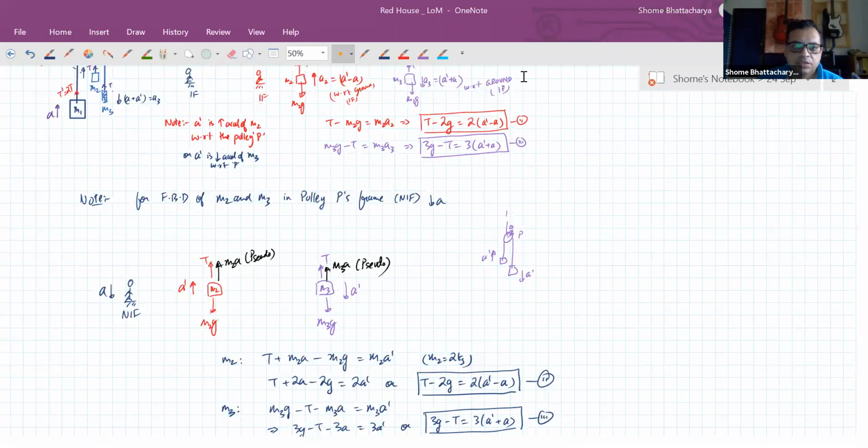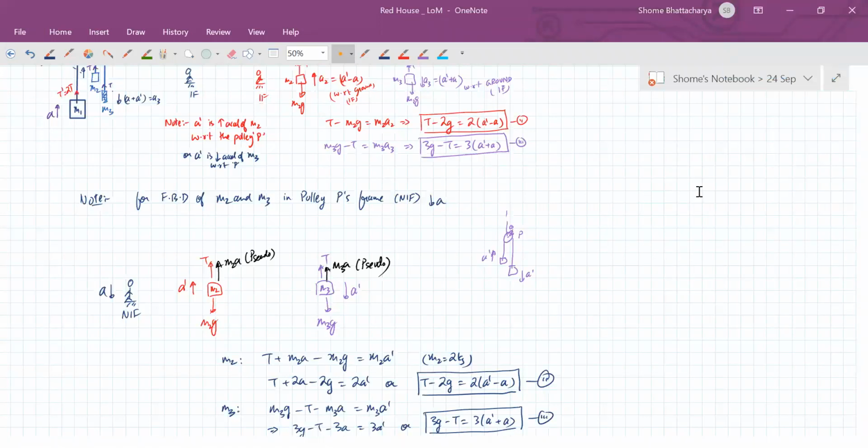Okay, so just make a note of these equations. The method of solving will be that you eliminate T between equation 2 and 3, then again eliminate T between another set of equations, maybe 1 and 3 or 1 and 2. So you'll get two equations which are independent of T, and then you want to find a prime or a, so eliminate a prime from those two equations and that's it. One by one you eliminate the variables and you solve.